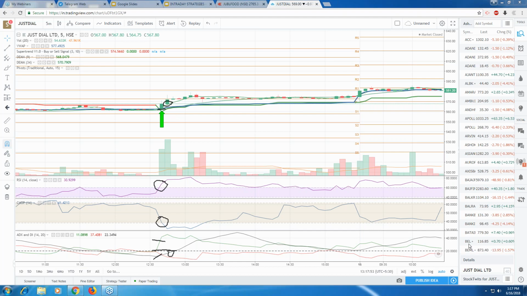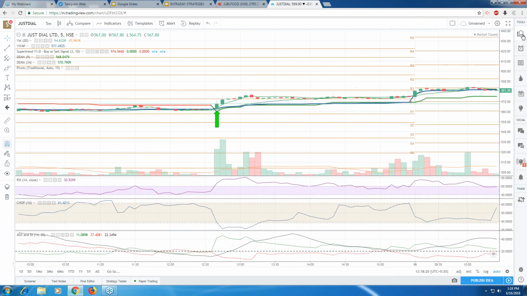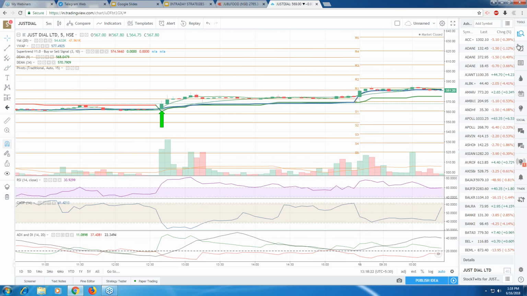Let's see a few more. So what is our setup? RSI should go above 60, choppiness should come down, and the trend, if we are on the buy side, should be strongly up, and this black line should be in the middle of green and red. So our entry here was for buy, and what we need to do, we have to have our, what's happening? I need my,